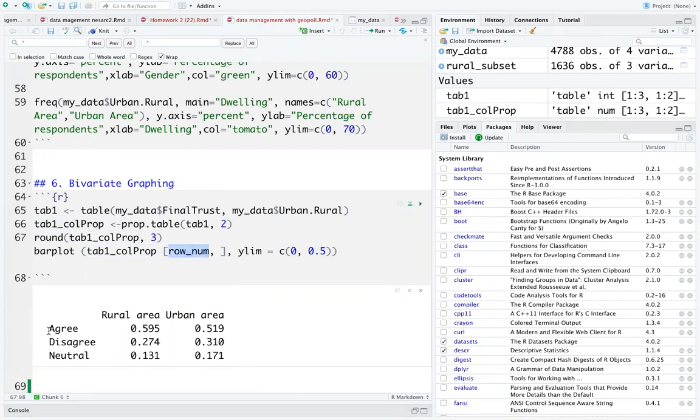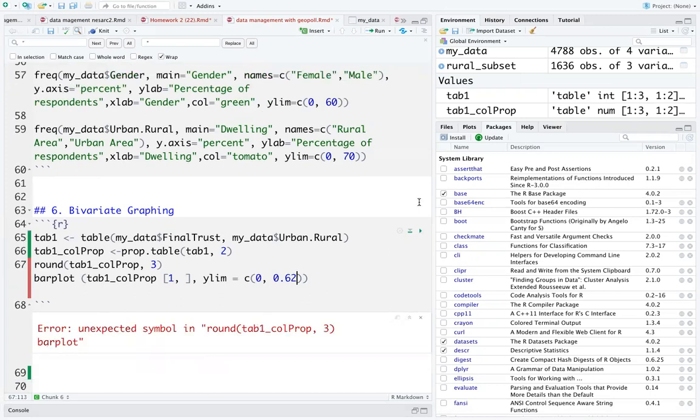So if you're interested in only those who agree, you can put one as row num. If you're interested in those who disagree, you can put two. If you're interested in those who are neutral, you can put three. In my case, I'm interested in those who agree, so I'll put one here. And then the ylim, because this is 0.59, 0.519, it doesn't make sense to use 0.5, else the bars will be longer than the axis. So I'm going to use 0.62 instead. Right, so when I run it,